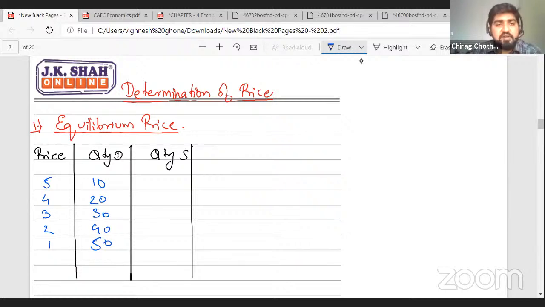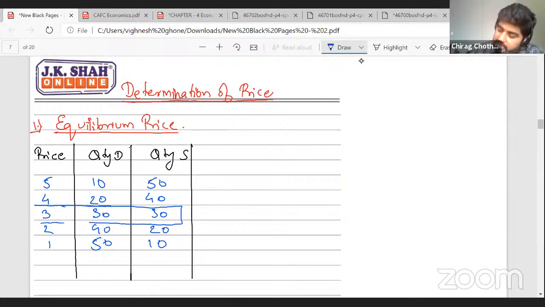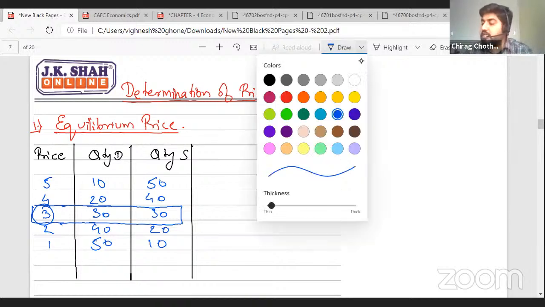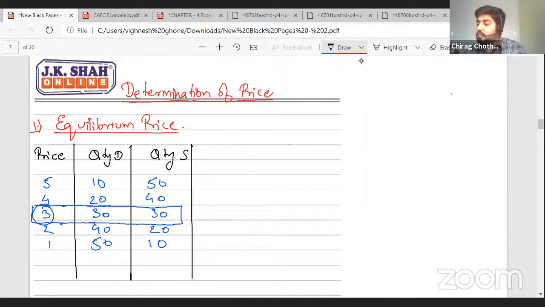Similarly, my dear friends, if we are talking about supply, at price 5 the supply will be 50, then it will be 40, then 30, then 20, and finally 10. So what should be the equilibrium price according to you? The equilibrium price certainly should not be a point where demand is greater than supply or supply is greater than demand. It should be a point where demand is equal to supply. So this will be our point of equilibrium price. So our equilibrium price will be 3 and equilibrium quantity will be 30. If I want to show the same thing in a diagram,